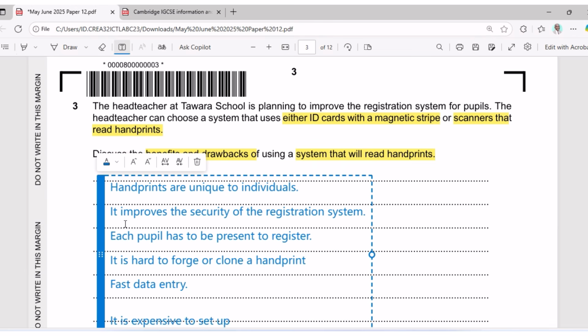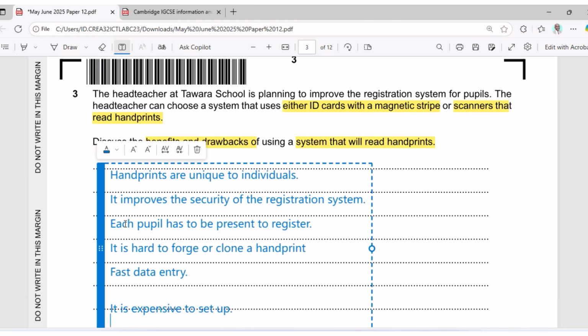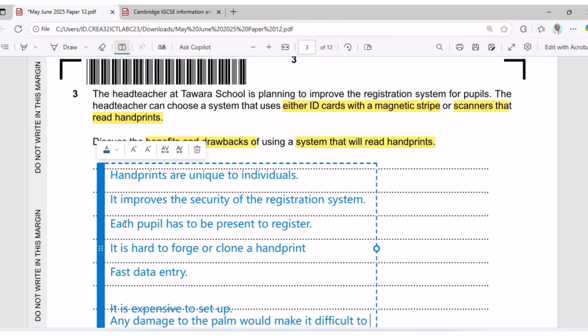If there is any damage to the hand or the palm, then it will be difficult to read. Any damage to the palm makes it difficult for the reader to read the handprint. Then we can say that